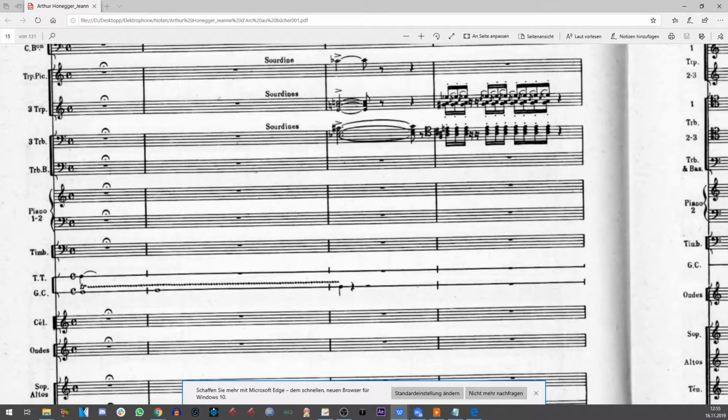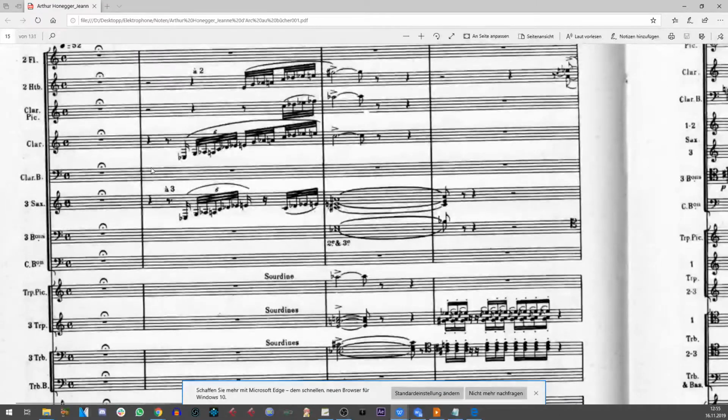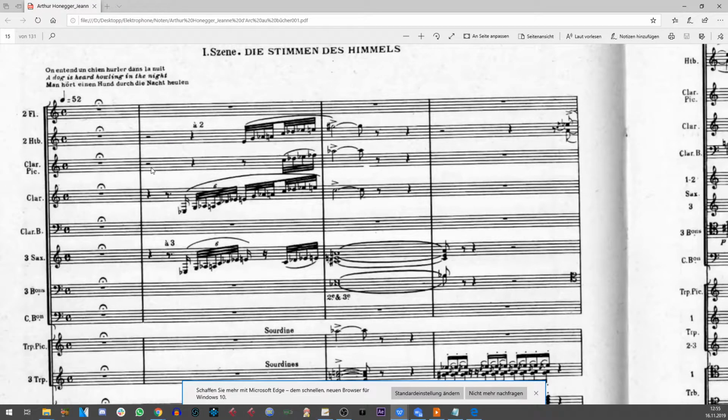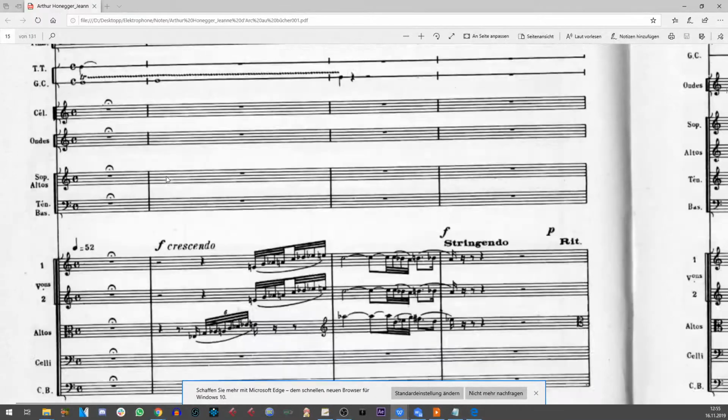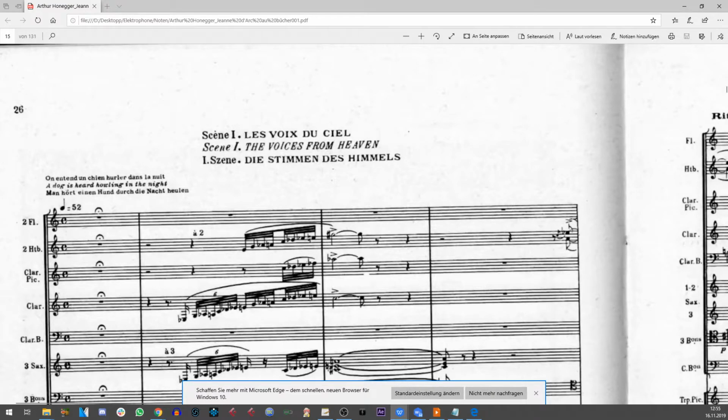Let's listen to it again. So it's used like a sound effect. We can remember that electrophones are used for sound effects. We are actually going to see this for the next instrument as well. But yeah, let's get to the next scene. I guess the legato actually helps to make the sound like a proper dog howling. You could maybe use a violin for that, but I don't think it would sound quite as convincing as an Ondes Martenot.